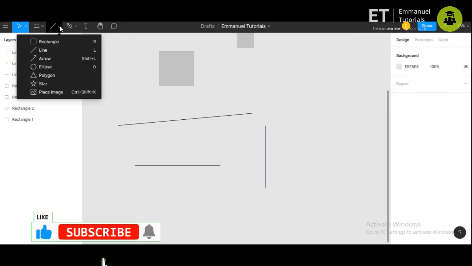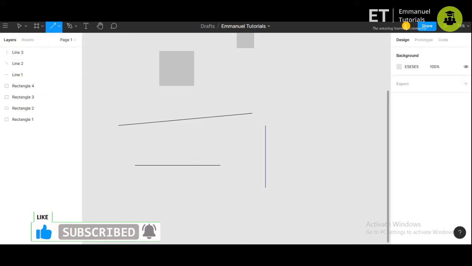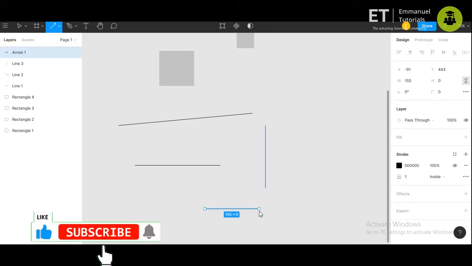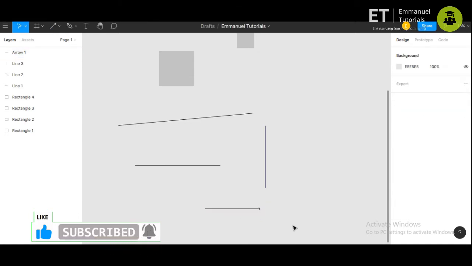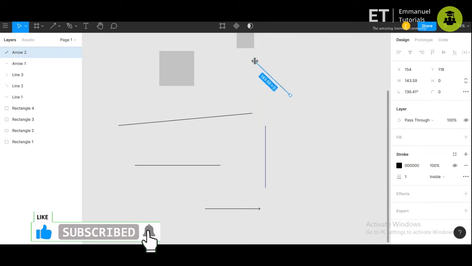Next is the arrow. Arrow is very similar to the line. So you just drag the cursor by pressing the shift key, you get a straight arrow. If you want a slant arrow, you just point it to the direction you want.